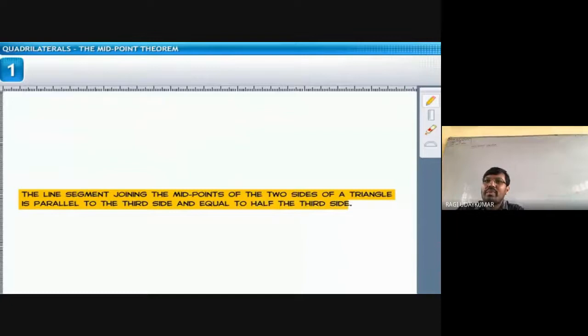And here do remember that the statement is not only about what is given to you. Do not take the two sides as only the upper ones. The base is also a side, these are both sides. Suppose a triangle is given to you like this, and you join the midpoints of these two sides, then whatever line you get is parallel to the third side. So it is parallel to the third side, that you have to read.